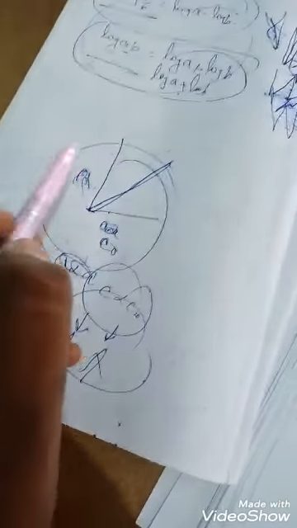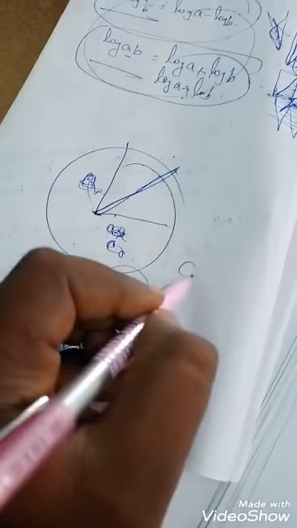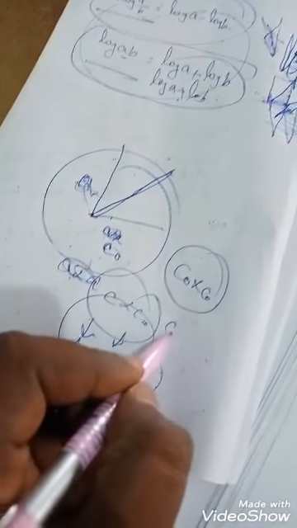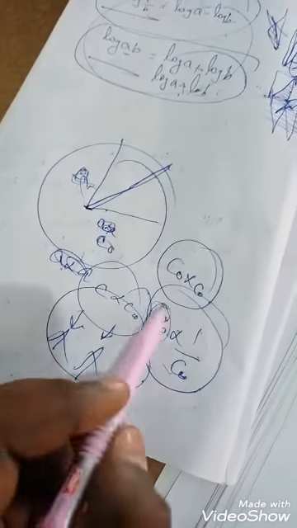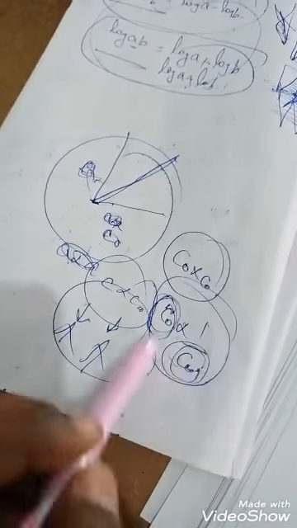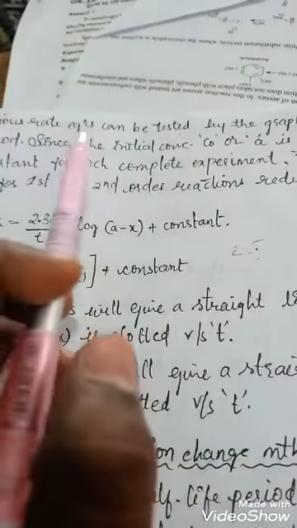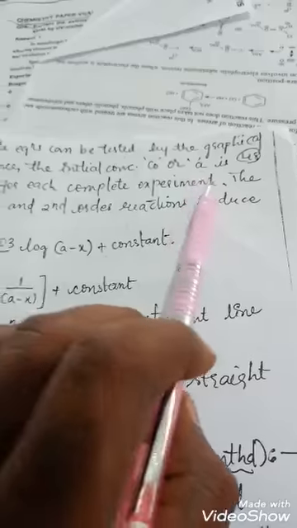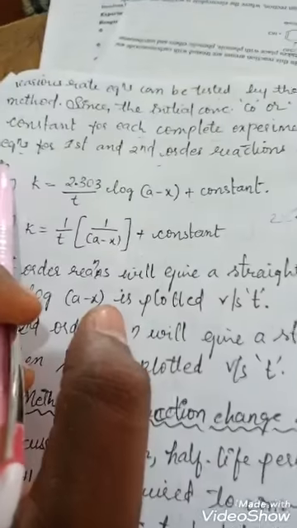Straight line means where c increases, c naught increases, and where c naught decreases, c decreases. This is directly proportional. Otherwise, c naught is inversely proportional to c: where c naught increases, c decreases, and where c naught decreases, c increases. This is inversely proportional, and that is directly proportional. Okay, students. Since the initial concentration c naught or a is constant for each complete experiment, the equations for